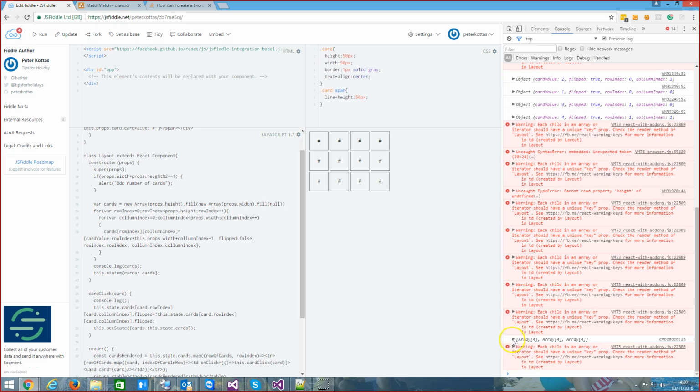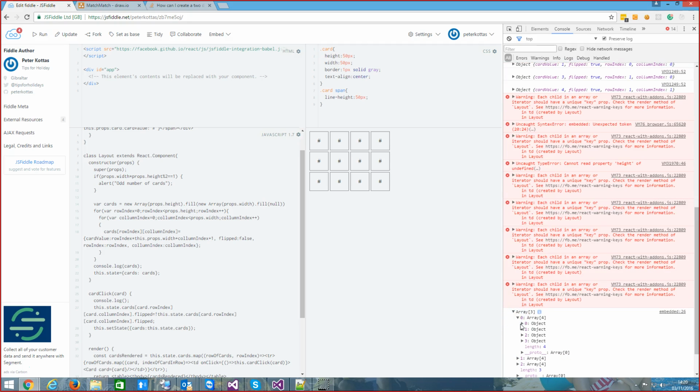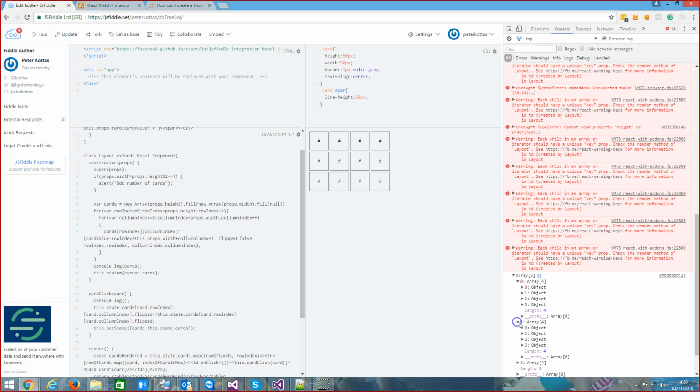So it's an array of 4, 9, card value is 9, flipped, column index 0, row index 2, column index 0, row index doesn't seem to be working properly. Column index, yeah. Row index is always 1, so